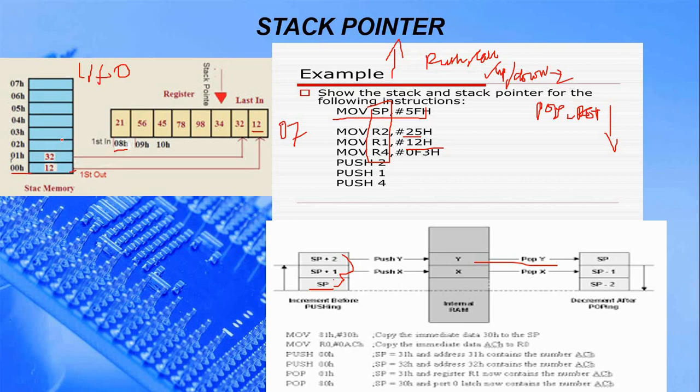Push and call instructions take place on the storing side. Pop and return instructions are used on the retrieving side, that is, at the destination point. At the source point we use push and call. At the destination point we use pop and return instructions. And the stack pointer works on the principle of last in, first out.